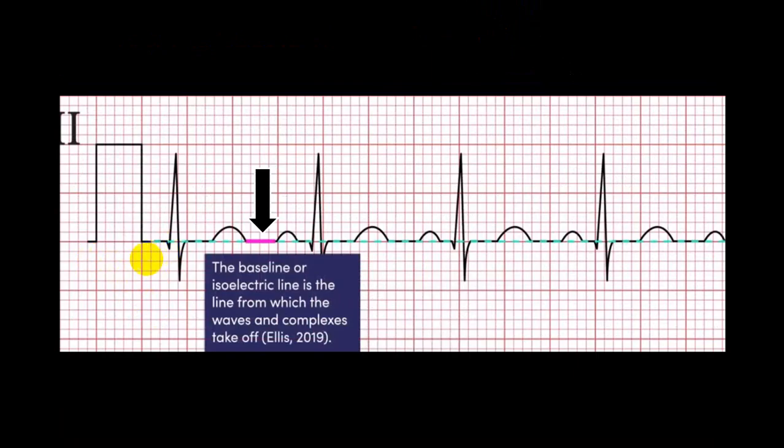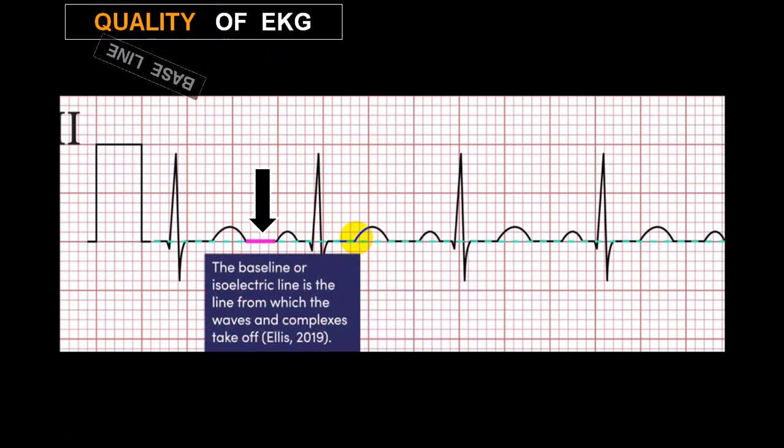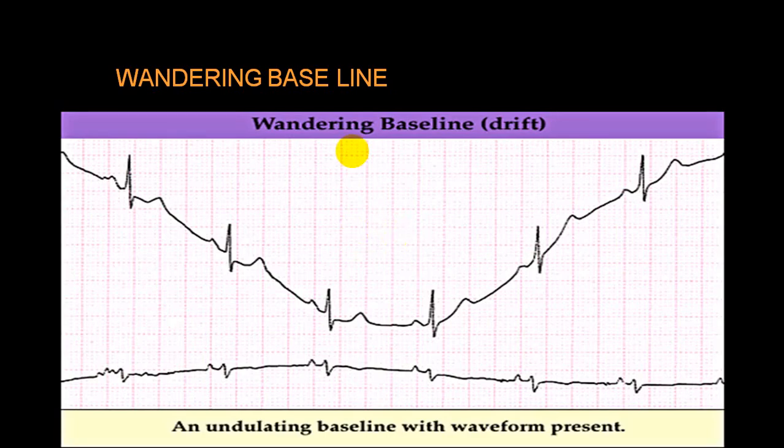Now any ECG when you see, you must look at what we call the isoelectric baseline. The isoelectric baseline should be straight. You can see this isoelectric line. It should be straight. It should not be this way. See here, in this ECG the baseline is going down and then going up. This is a wandering baseline. Such an ECG should not be taken for reading purposes. You should repeat the ECG and then only try to read that particular ECG.